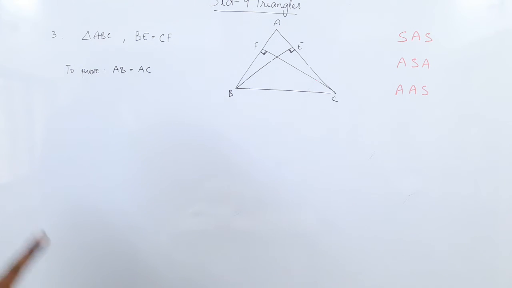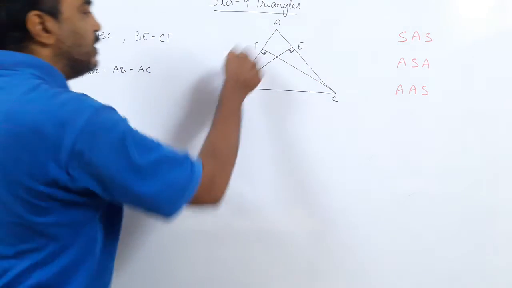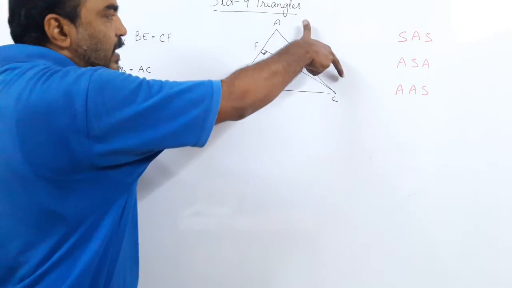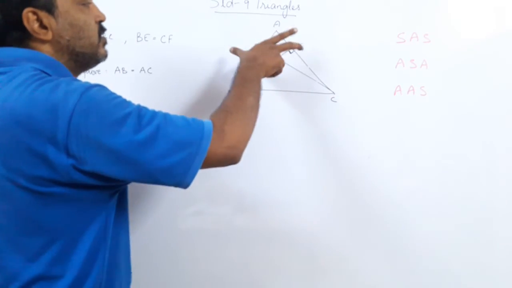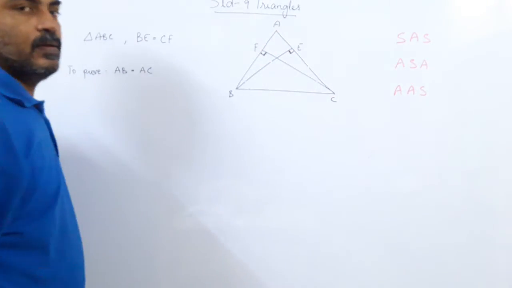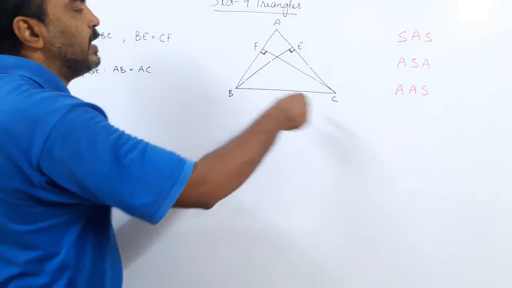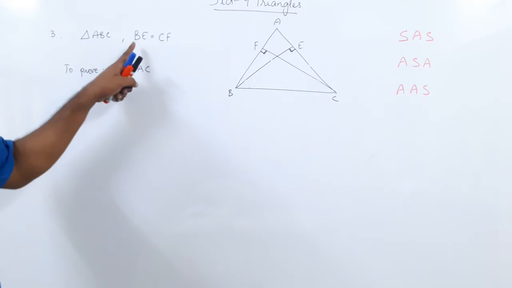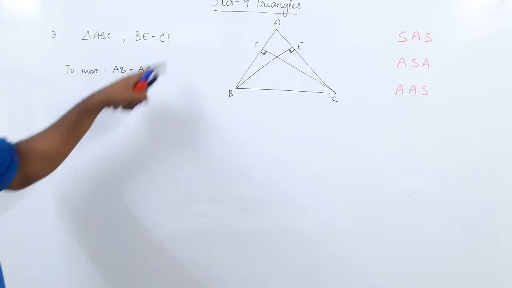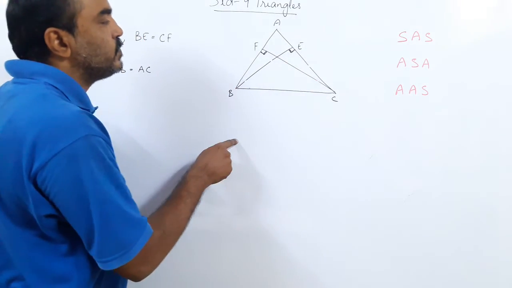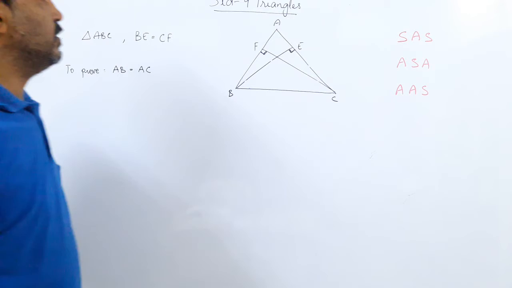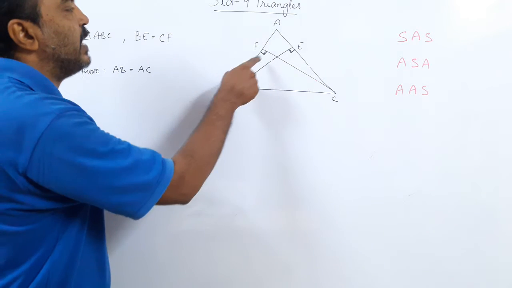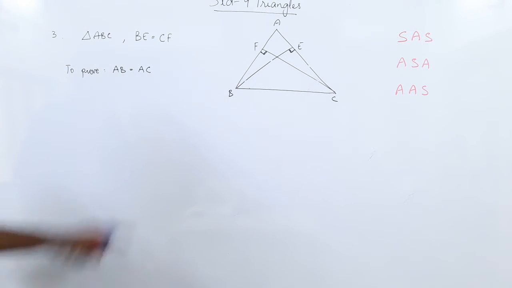Now I will tell you the reason why. Understand carefully. We are given triangle ABC. If we take triangle ABC, AB and AC are the sides of the same triangle. Are you following? When you choose triangle ABC, then AB and AC are the sides of the same triangle. Now here we are given BE equal to CF. But BE is a part of this triangle and CF is a part of another triangle. So BE and CF are not the sides of the same triangle, so we cannot use that the angles opposite to them will be equal. This is the problem we face here.